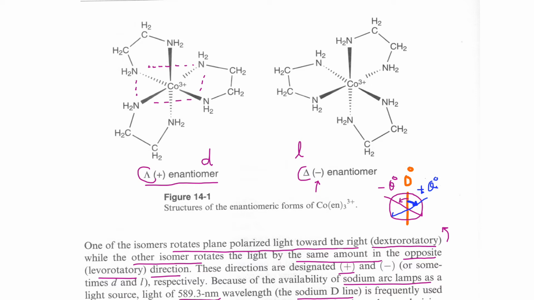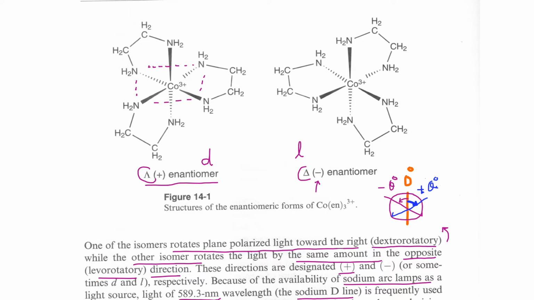ethylenediamine with the other isomer, and each enantiomer rotates the polarized light in the opposite direction. For example, the one which rotates the polarized light to the right is called dextrorotatory, or D, and the one which rotates the polarized light to the left is called L, or levorotatory. The polarized light we use in this experiment is a sodium lamp with a wavelength of 589.3 nanometers, and the instrument